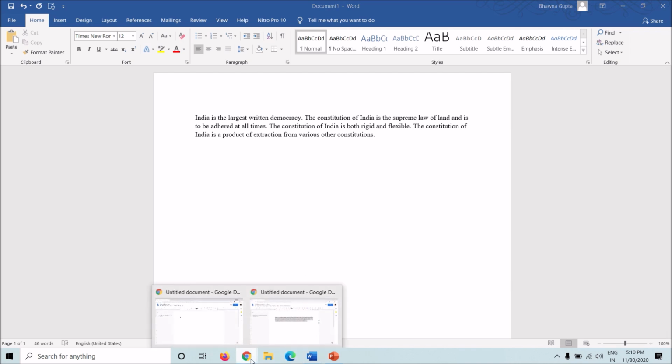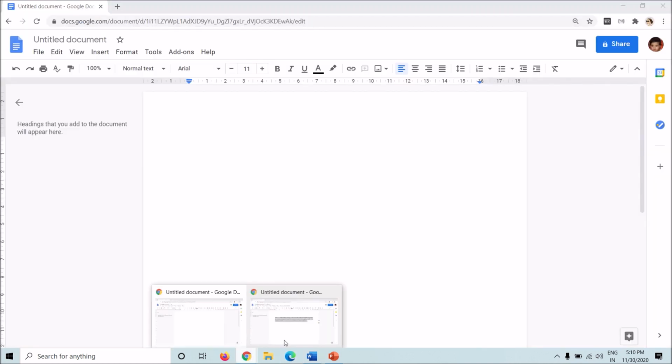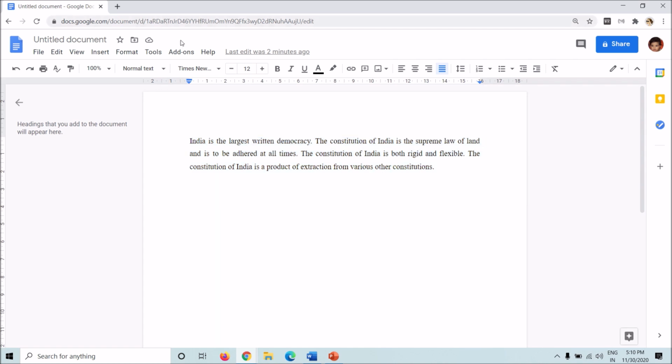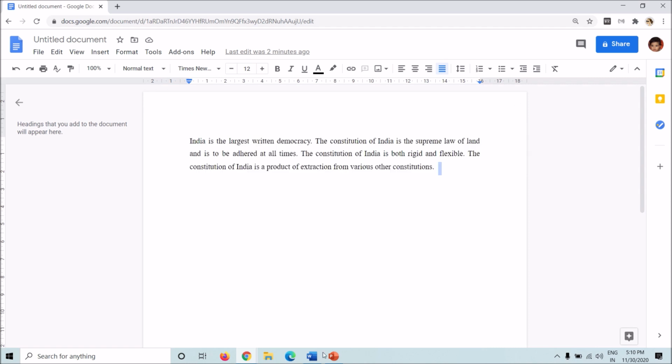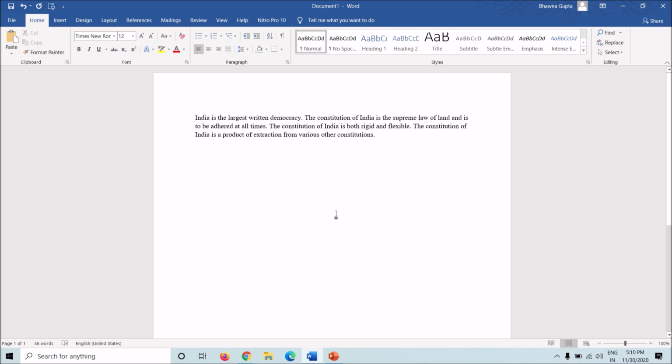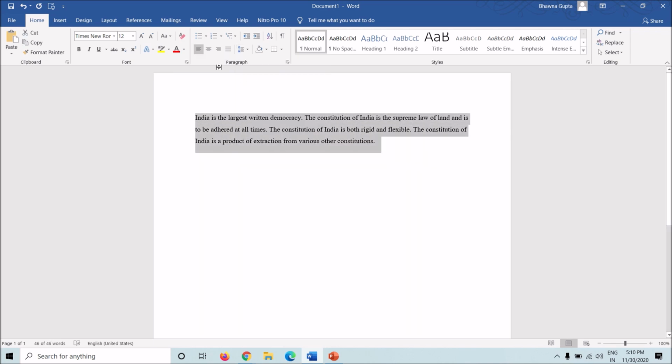Now the major drawback for Docs is it does not provide you with the option to add background to your paper. So background in the sense of margins to your text. Here I cannot add margins. This would be clear if I show you how to add margins on a Word document. Before we do that, let's adjust the line spacing in Word as well. So this is the option for line spacing in Word, with this being the left alignment, center, right, and justified.